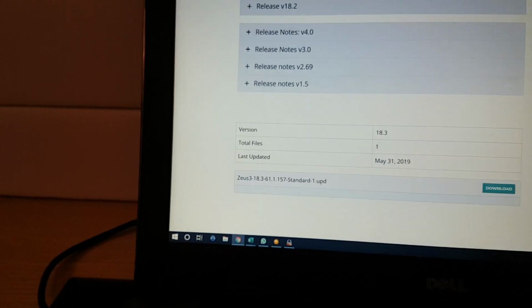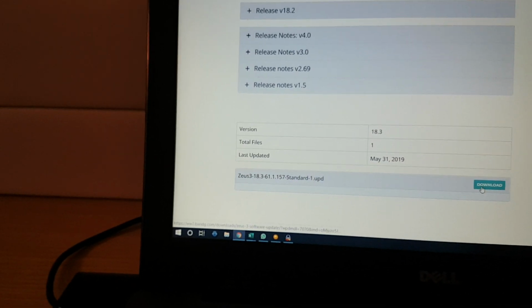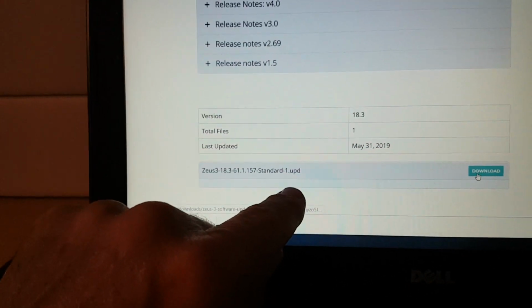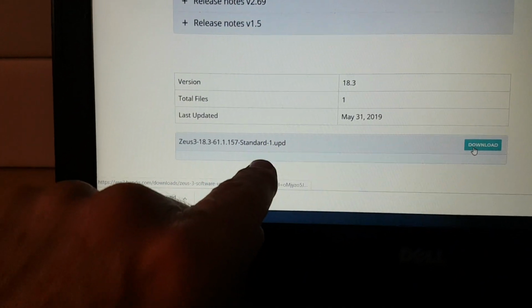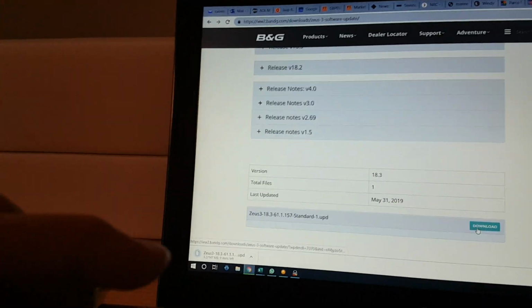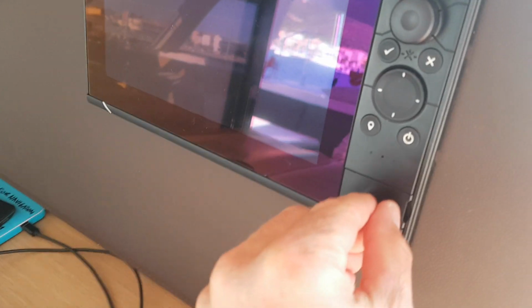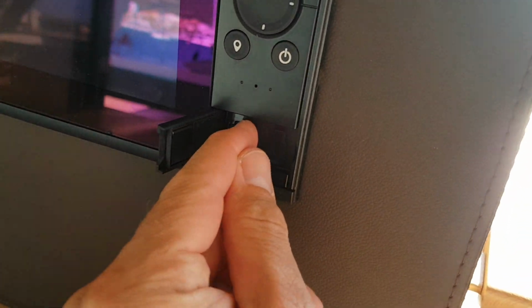You go down that page and you click on download. You do not have to do anything like unzipping. All you do is copy that UPD file onto a micro SD card. Then take that card out, shut your whole system down, take all the cards out, including the chart SD card.